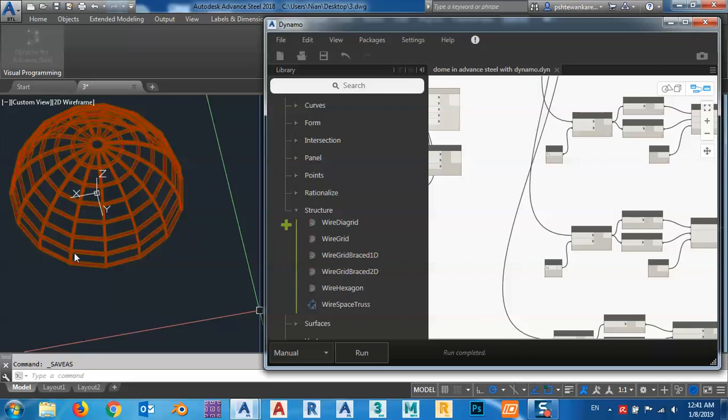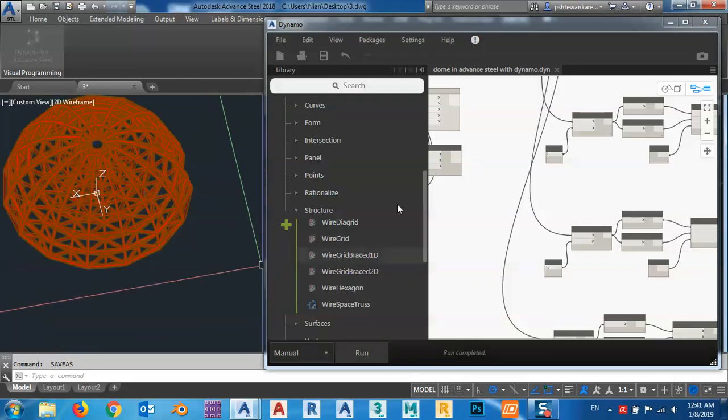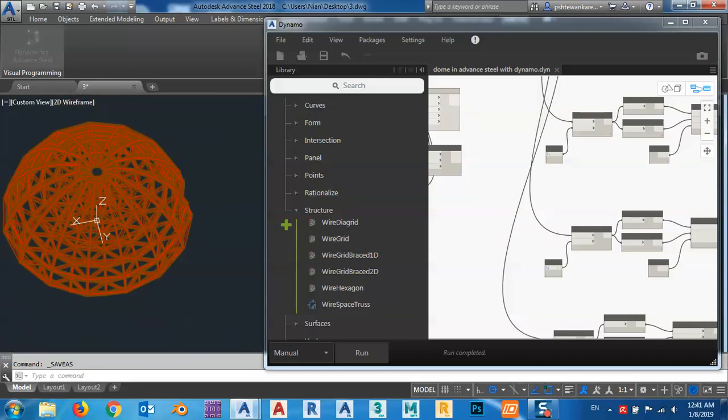So this time needs more time because I have a complicated structure and sometimes it may crash. Yes, as you see now,